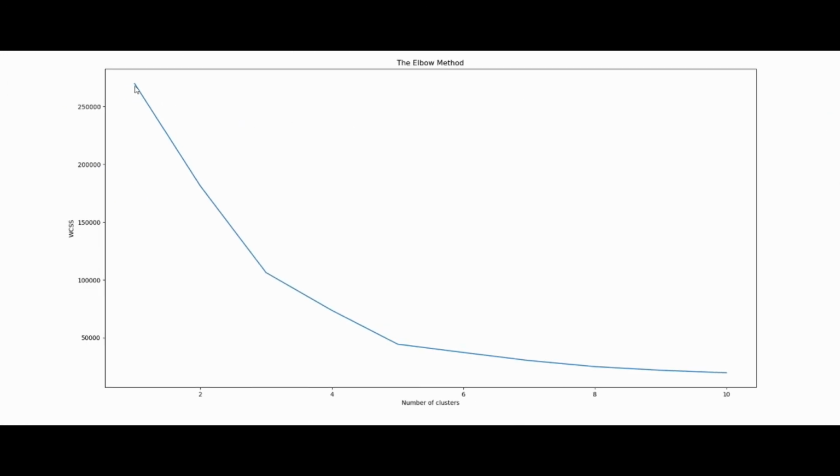As you can see, when the cluster value is equal to 1, the value is much higher, and when it changes to 2, the value decreases drastically. When the number of clusters changes to 3, it again decreases. When it changes to 4, it again decreases, and when it reaches 5, the number of clusters equal to 5, after that, if you change the number of clusters, the decrease is not as sudden as in the previous cases. So we can now choose that our optimal number of clusters is equal to 5.